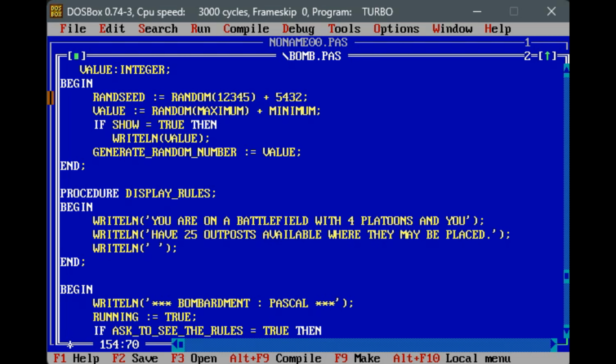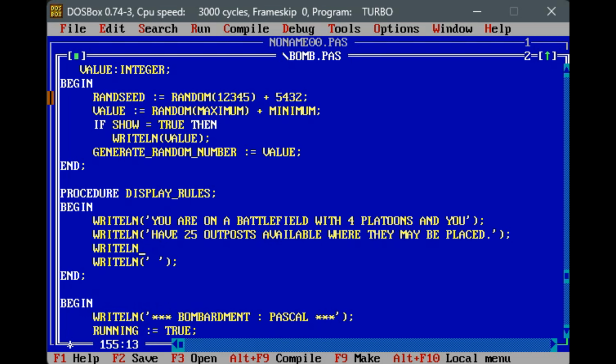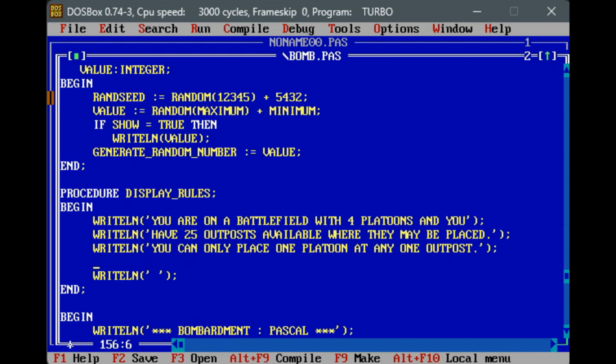Writeln. You can only place 1 platoon at any one outpost. Writeln. The computer does the same with its